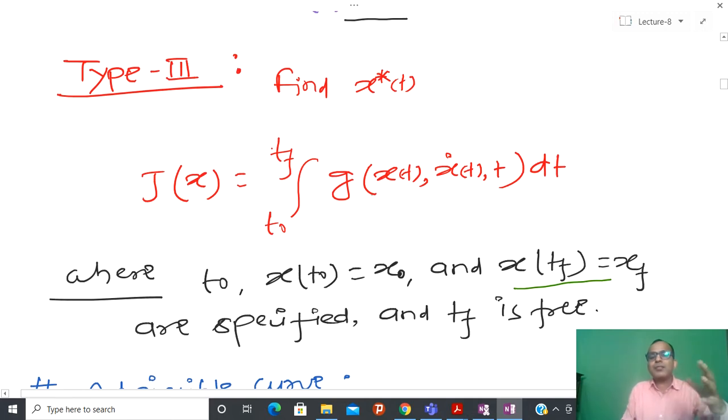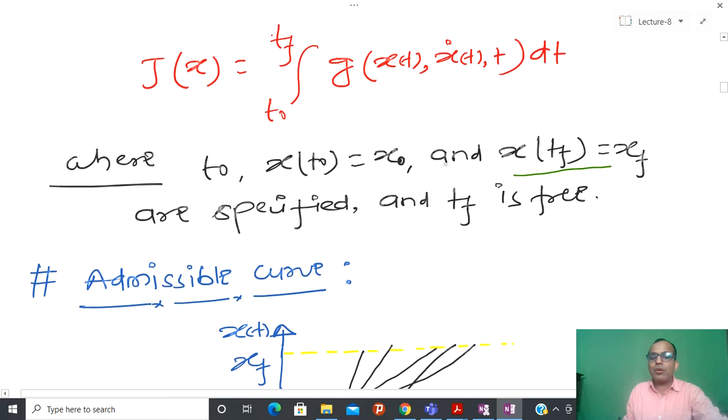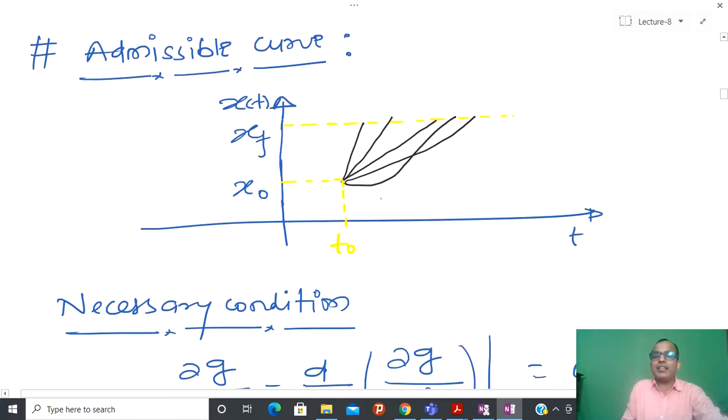So we are just playing with the boundary condition. The admissible trajectory in this case, since tf is not specified, in order to find the necessary condition